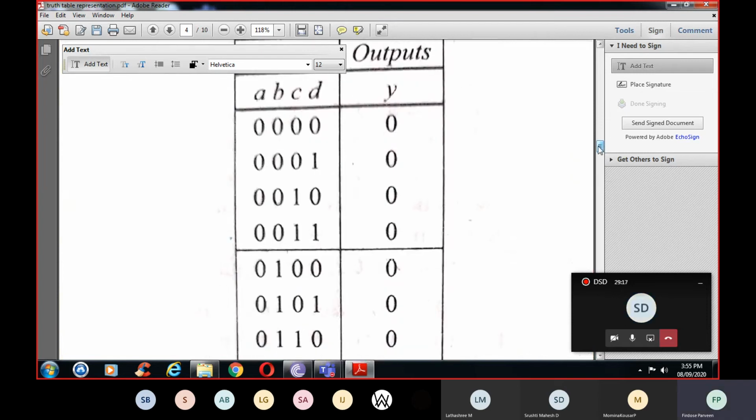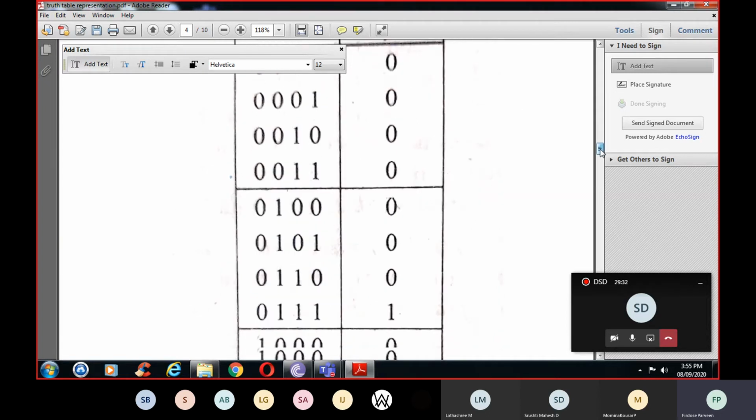Okay, so here you are having 4 inputs A, B, C, D and 1 output Y. Where the majority of its inputs are true, the output is generated. Majority of its inputs are true means when it is 1. So of the 4 inputs here, 1, 2, 3, 4, 3 are true. That is, 3 are 1. So 1, 1, 1, then the output is generated as 1.